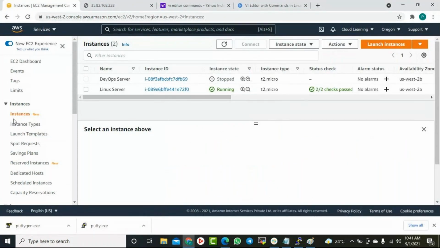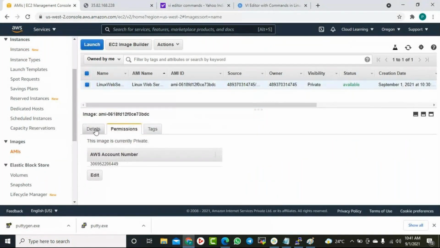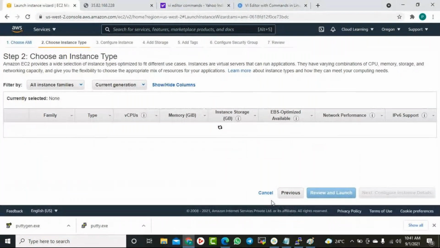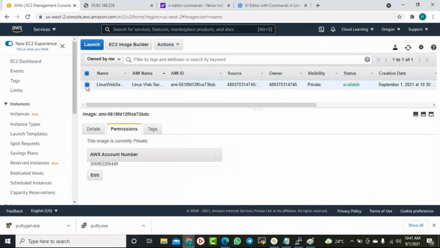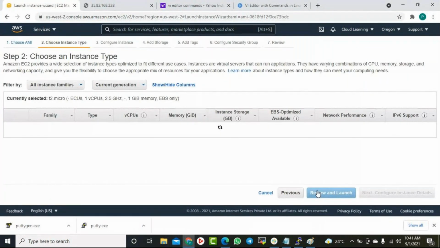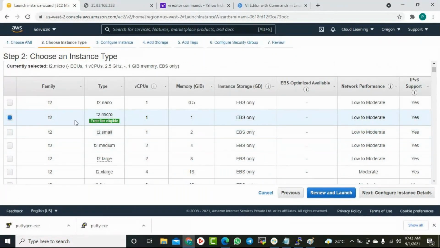So what I'll do is go to AMIs, select my AMI, the one I want to use, and click on Launch. Then it will pick the default settings of the server. If I want to change, I can change, but by default it will pick the same settings.